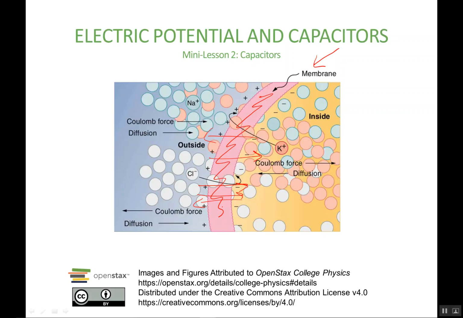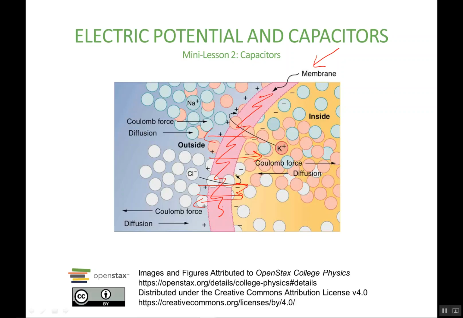They have a separation of charge across the membrane, and the separation of charge establishes a voltage difference from inside to out. The voltage outside is higher than the voltage inside, and there's also stored energy by virtue of this